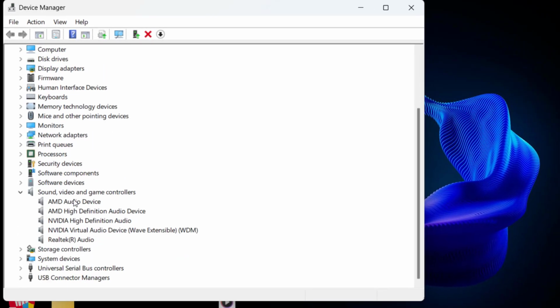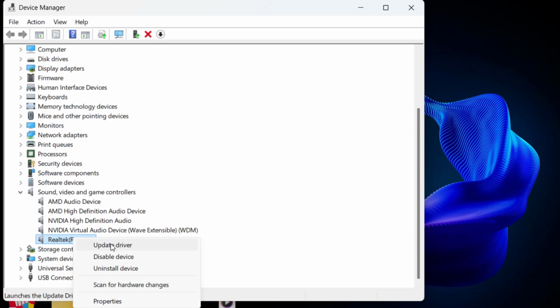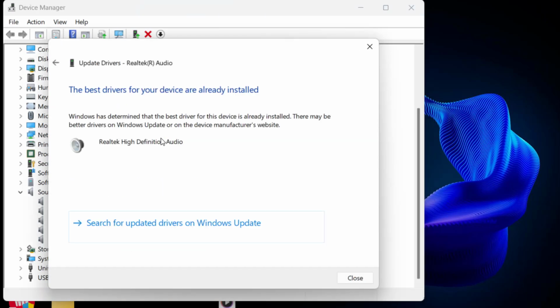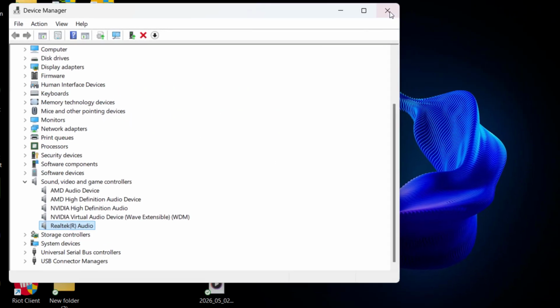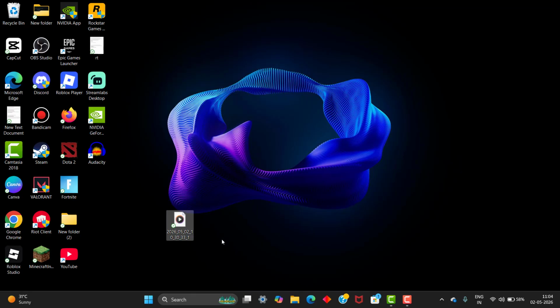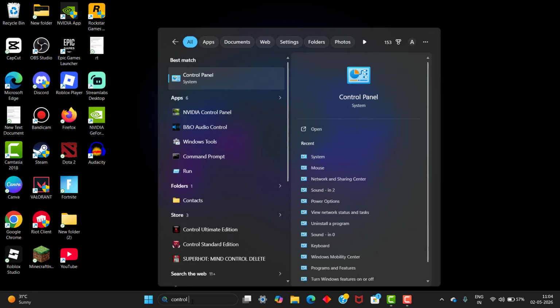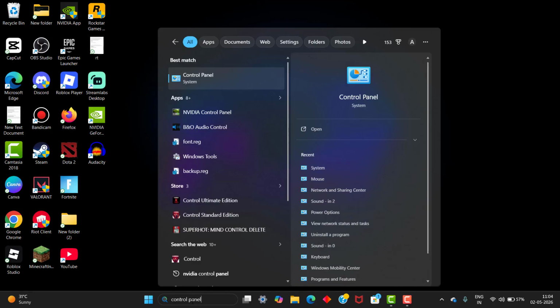So after that you need to go to sound, video and game controllers, and right click the Realtek audio and update the drivers. So I always prefer browse my computer. It's much better compared with automatic installation. After that, you need to go back and you can go to Control Panel. Click the Control Panel settings,